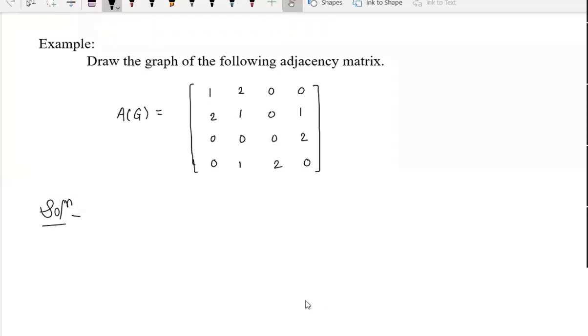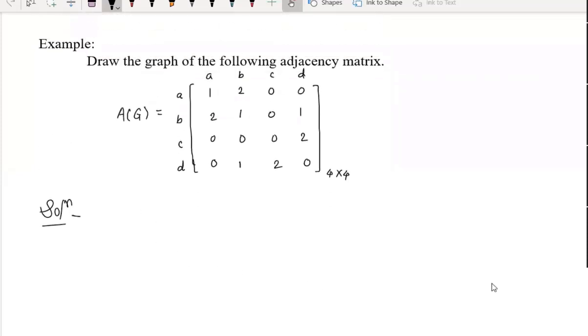So how will we do it? Here we have a 4x4 matrix. This is the given 4x4 matrix, means that the graph contains 4 vertices. How many vertices exist in that graph? 4 vertices, because adjacencies exist between vertex to vertex. Here the names of the vertices are not given, so I'll give names to the vertices. The first vertex is A, B. If names are not given, you can name them in your own way, and this is D. Similarly, column-wise also A, B, C, and D. Okay, so there are the 4 vertices.